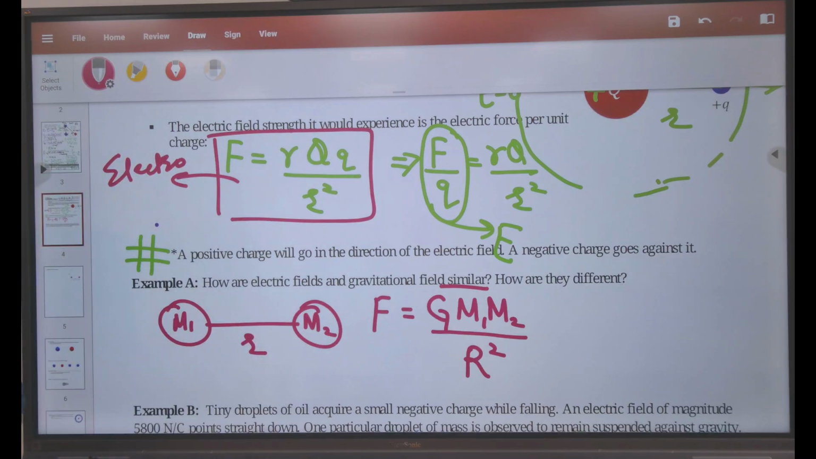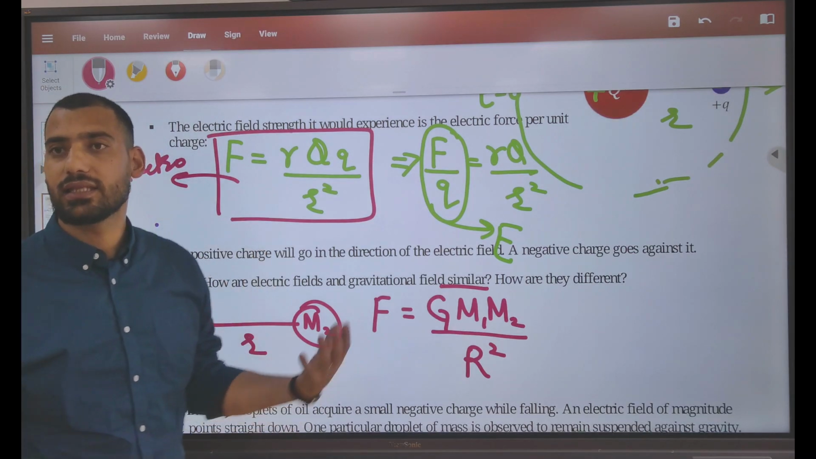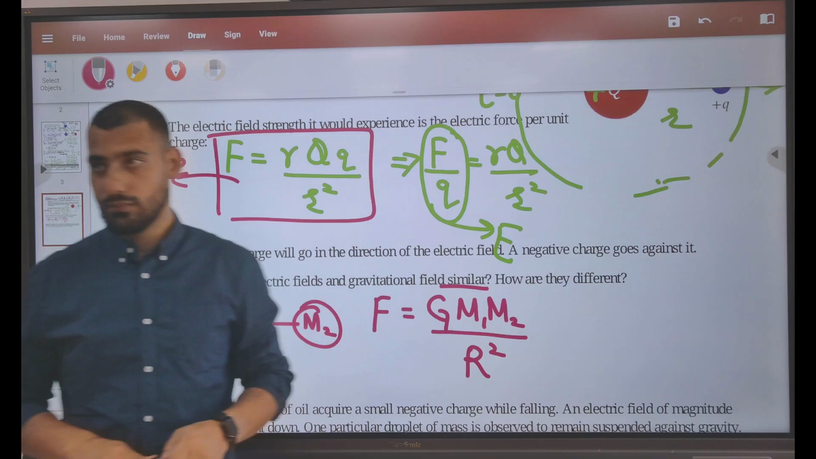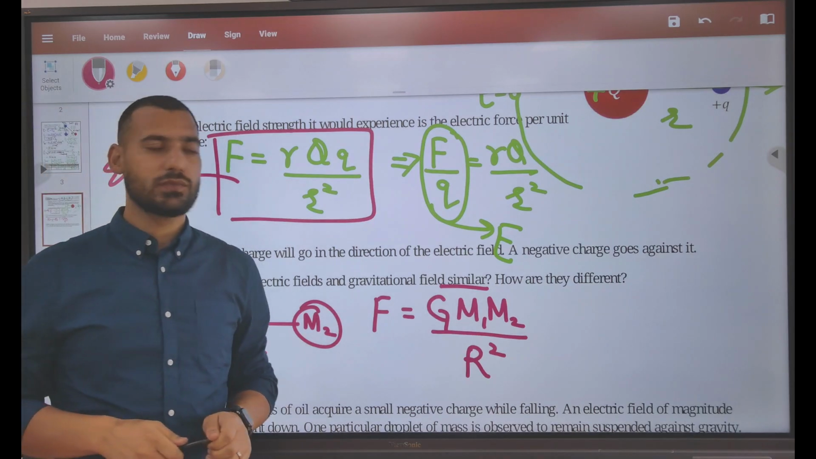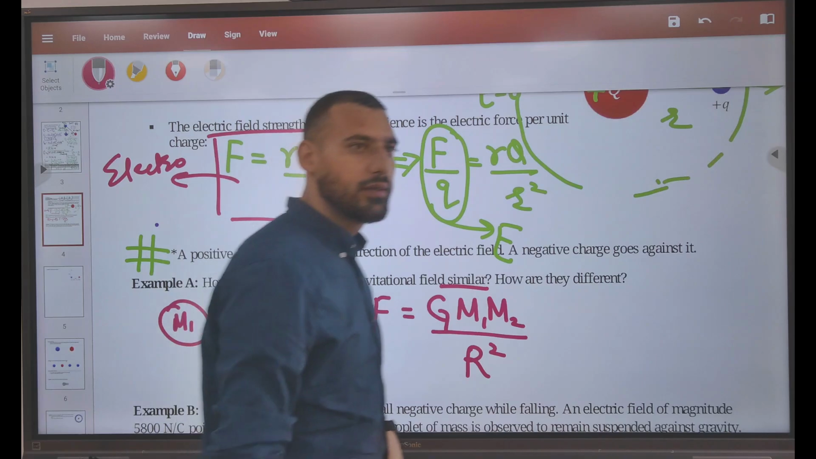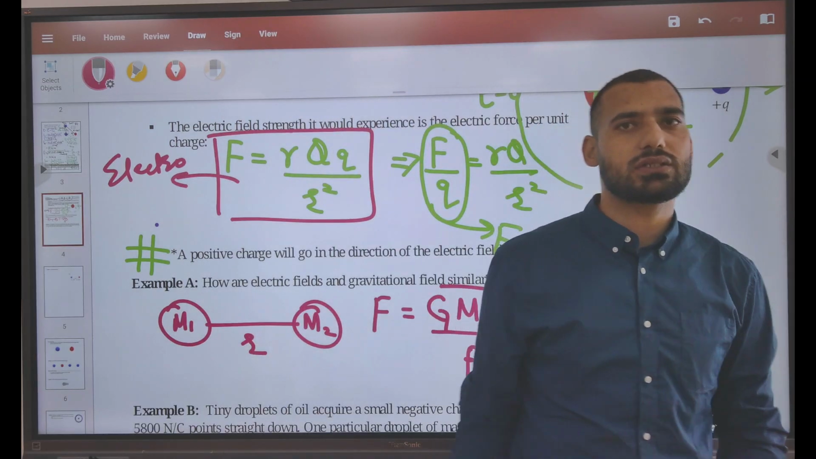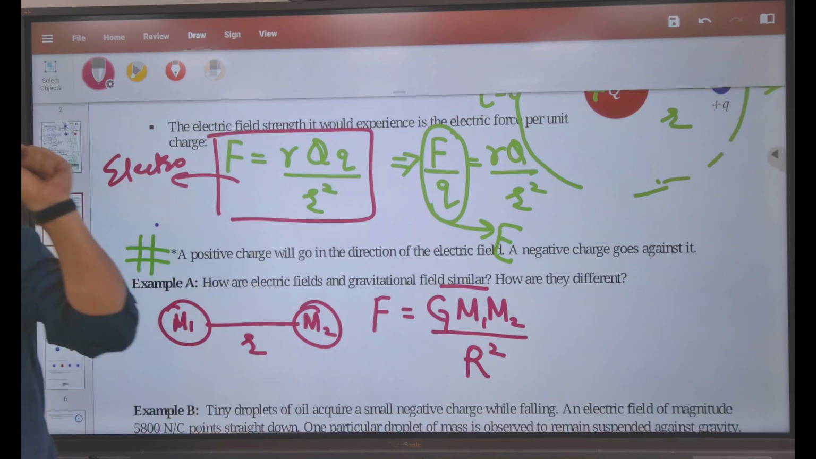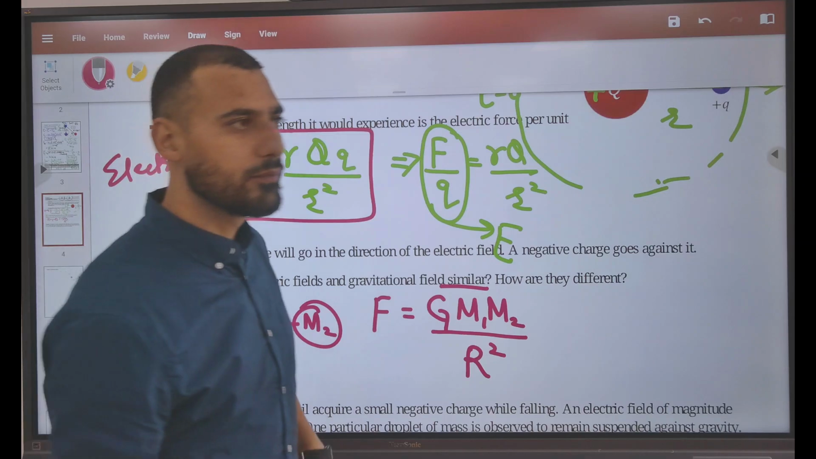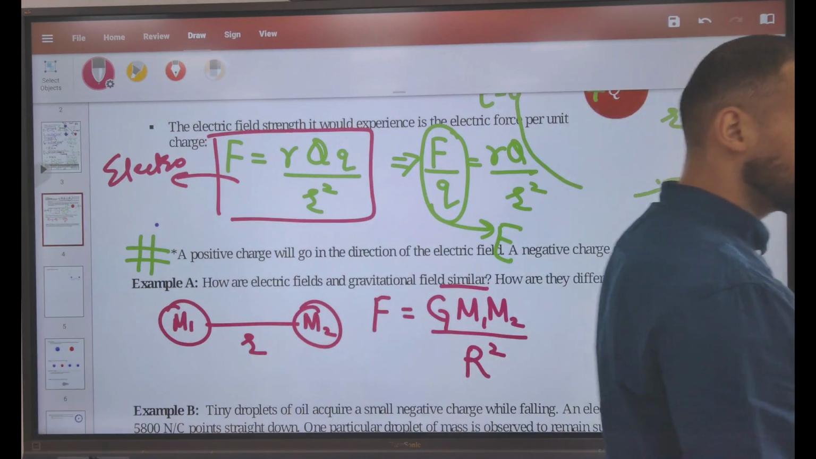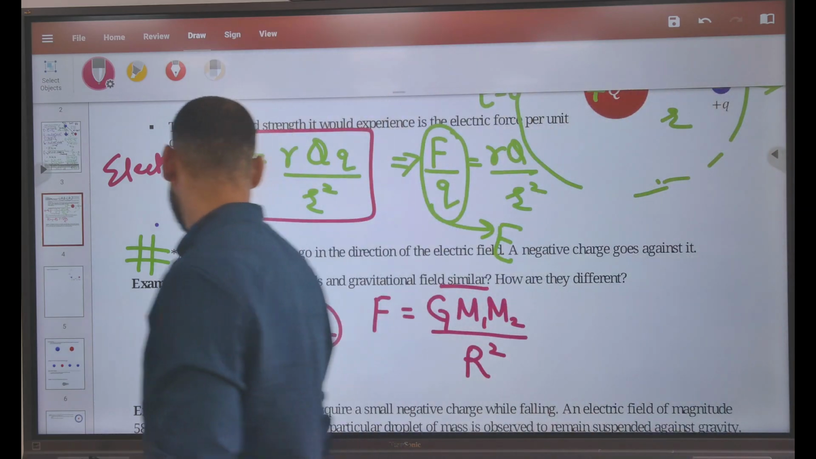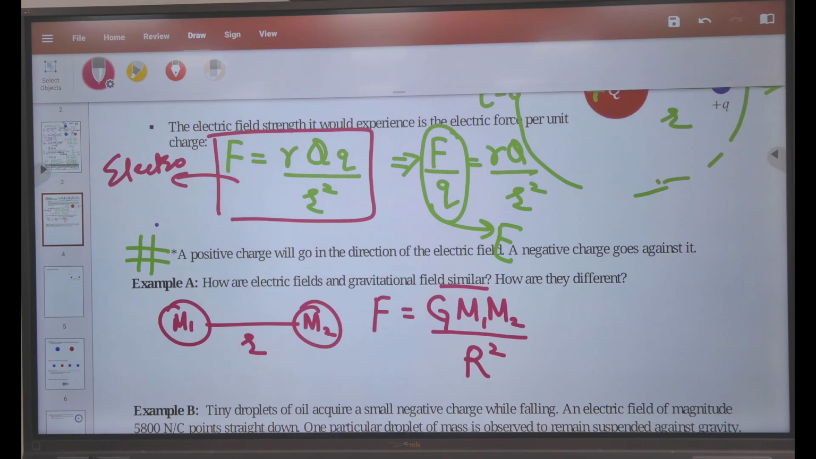What similarity do you see between the gravitational force and the electrostatic force? R squared. R square means? So the first point, right? Similarity between gravitational and electrostatic fields. First point. Both the fields follow